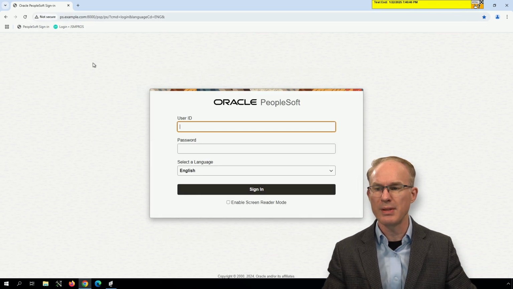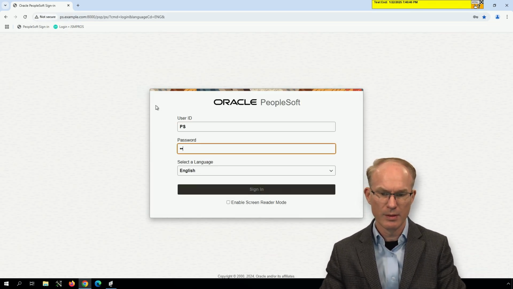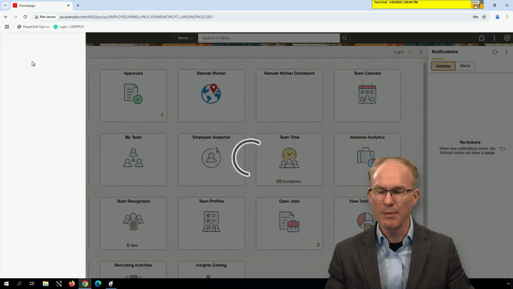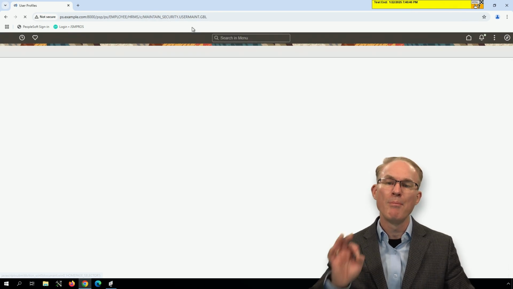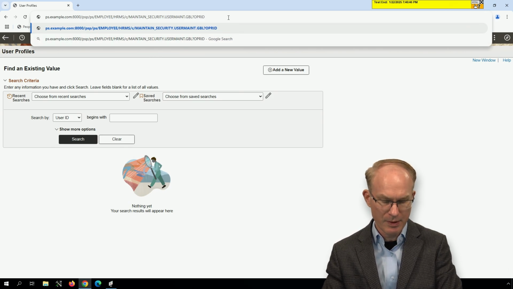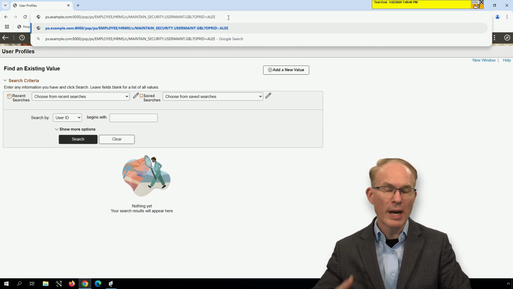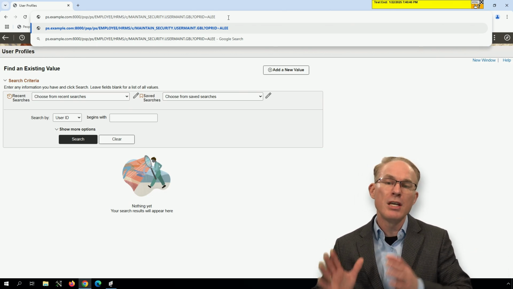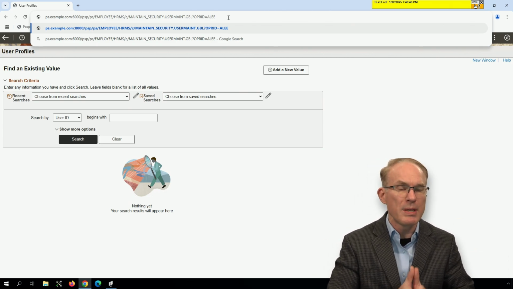So let's try something. Let's go to the user profiles component, but rather than using the search page, what if we put the Oprid directly in the URL? So in this case, if we translate that into PTF, this would be the Page.Prompt step,